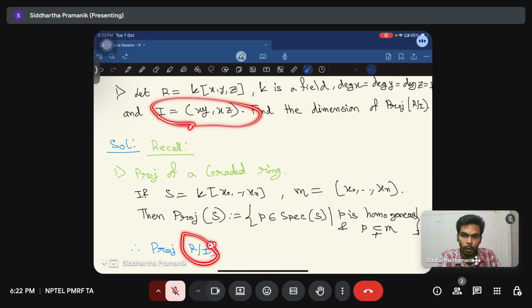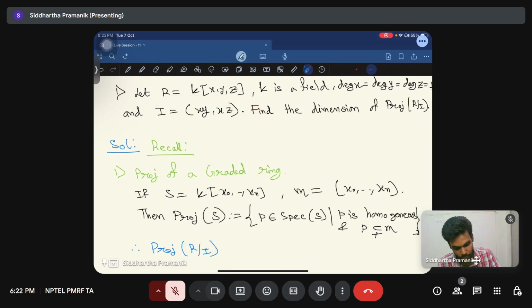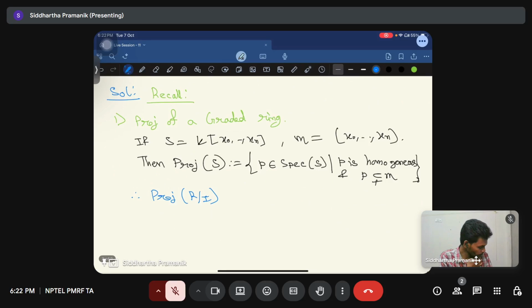So going modulo a homogeneous ideal means we will get a graded ring. So what is Proj of R mod I? This set is basically the set of all those prime ideals P in Spec of R mod I such that P is homogeneous